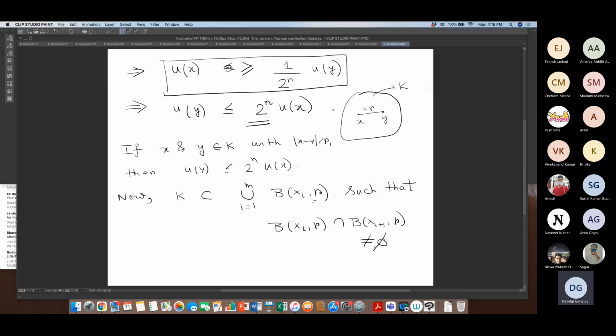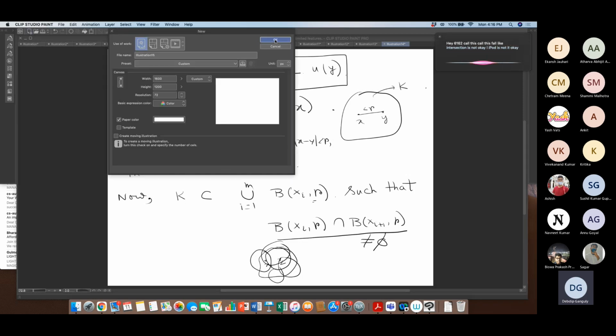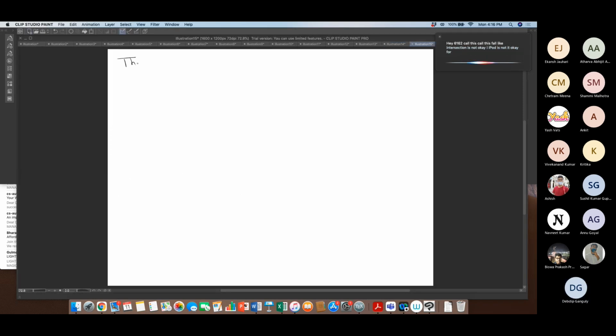You understand what is the meaning of that? So this is your compact set. Let's say x1, let's say x2. If you take the ball like this, there might be an intersection that is non-empty, such that B(x_i, r) and B(x_{i+1}, r) intersect. You choose them like this. Therefore, for any x, y belonging to the compact set K, then